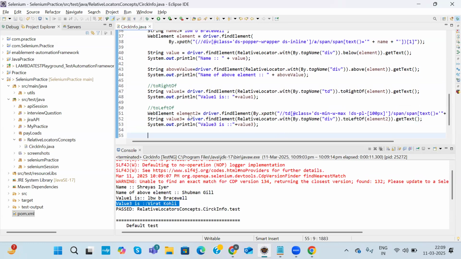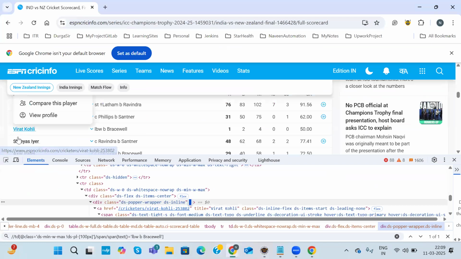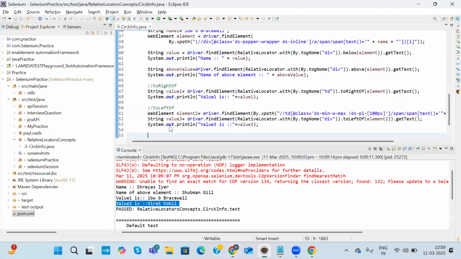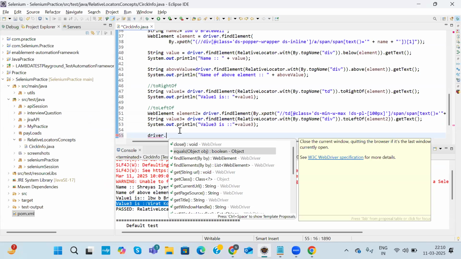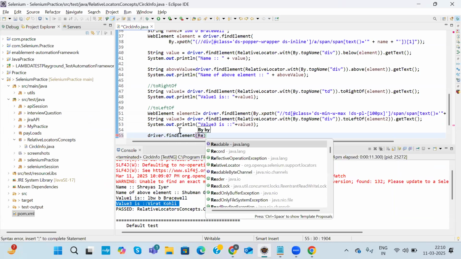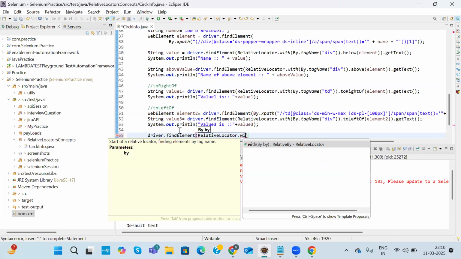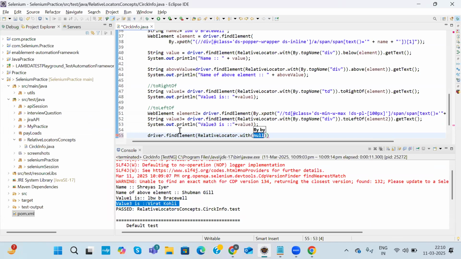Same for that. I am not using another element. I'll be using these elements and I'll be checking the straight above. So straight above is C Flip Trends. This one I want to print. Okay. So how will I be printing this one? driver.findElement(RelativeLocator.with(By.tagName